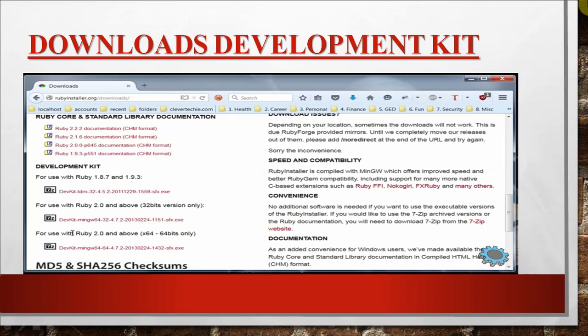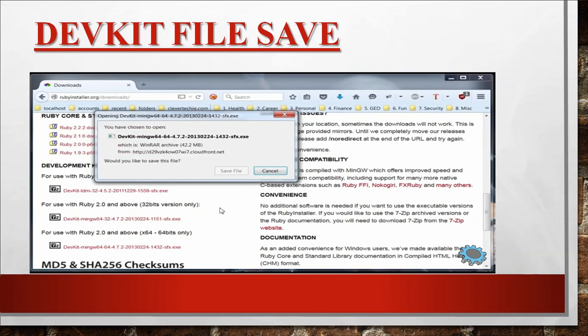So you have to select here the development kit. You have a number of options for the development kit also, so you can select any one according to your system configuration. This is for the 32-bit version, and this is for the 64-bit version. For Windows 10 and later systems, 64-bit is better than the 32-bit version. So we have selected the development kit, and in the next step we will install it on our system.